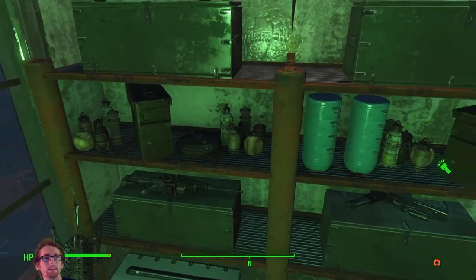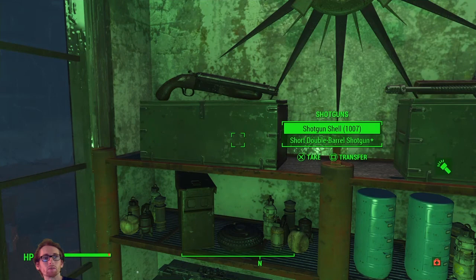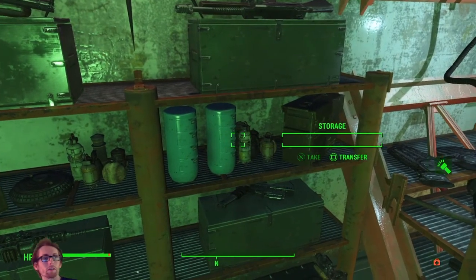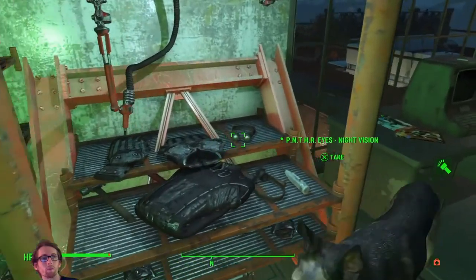Yeah, different guns. That's different mini nukes, landmines. Mini nukes, they weigh a lot. I found a few and I've literally just thrown them back in. This is just like decorations. You can't do that. See. And this is the special armor. We may come back later and check it out. It's just,